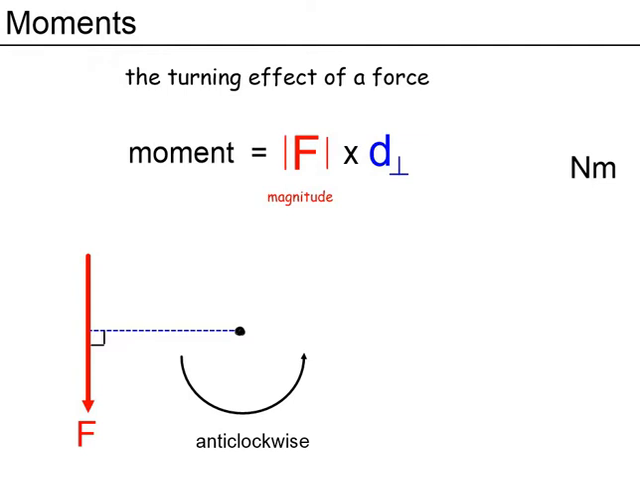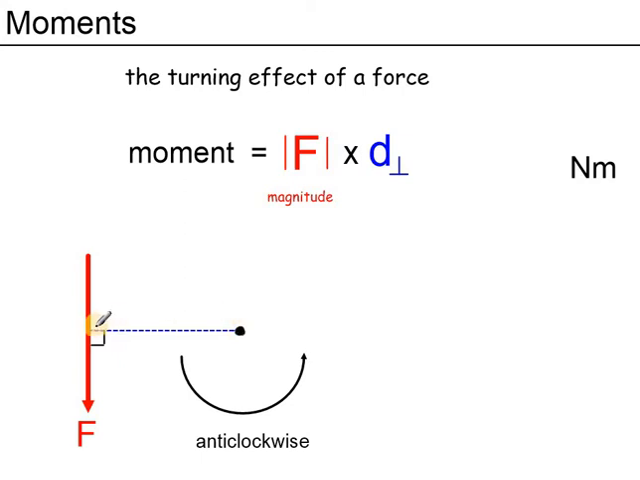So a moment is the turning effect of a force around a pivot point, like this point here, and we have the magnitude of this force and its direction given by the arrow. So together the direction and the magnitude create a vector. Now in the formula it's the magnitude that we want, and it's multiplied by the perpendicular distance from the pivot